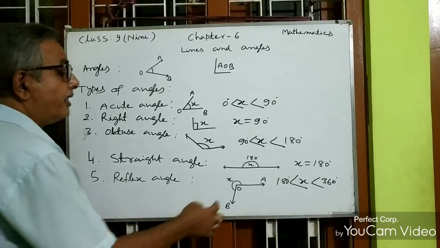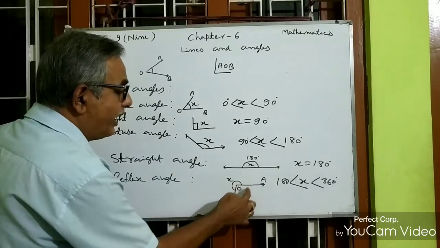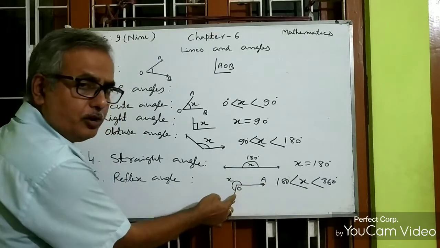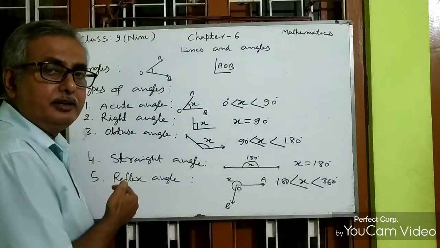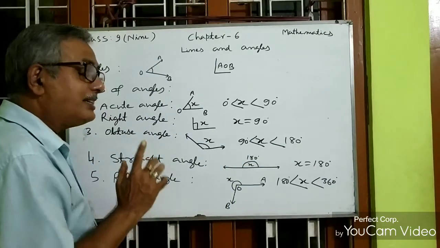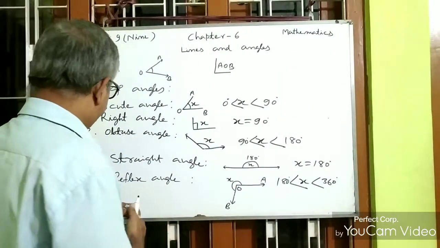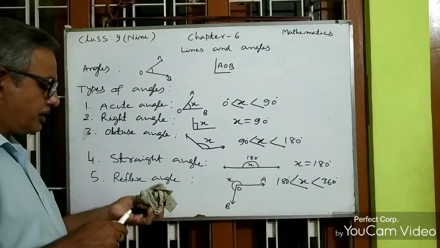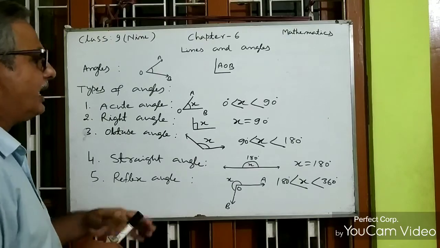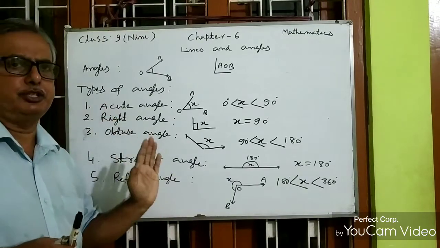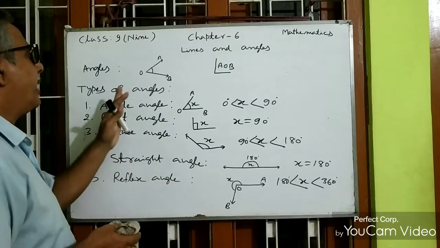One thing is there. If this angle AOB is known, and then you have to find out reflex angle AOB, you can get it by subtracting AOB from 360 degree. In this way, I have taught different types of angle. One complete angle also you will get, that is of measure 360 degree. In this way, I have discussed everything about angles.